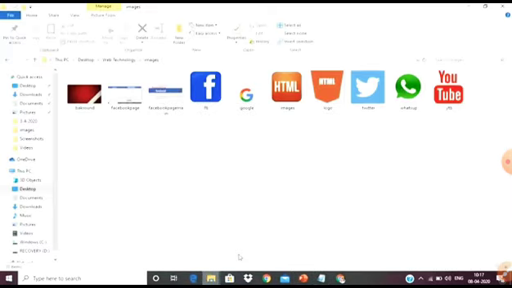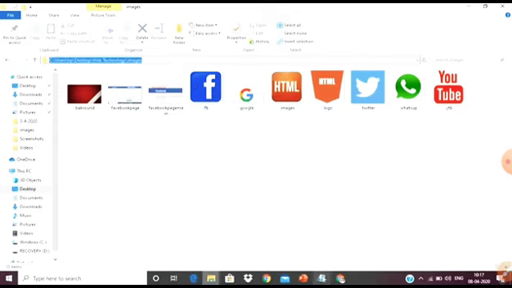Suppose we have kept an image here, like an HTML file, or any other image we can put here, but here the image is named FB for Facebook.